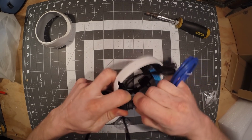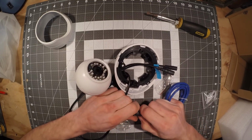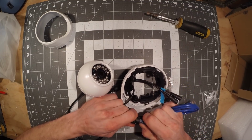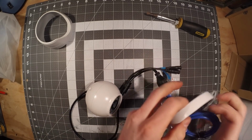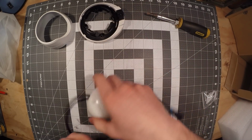Now I can't get my Ethernet cable out. Hello. It's really in there. Well, whatever. We know that it's not coming out. That's good. Alright, so this being put aside,